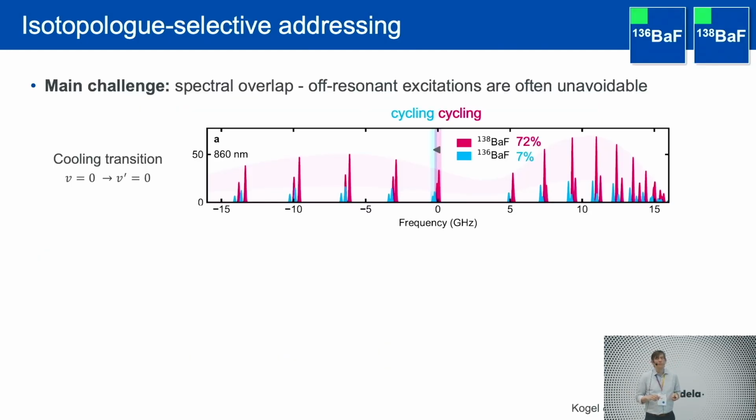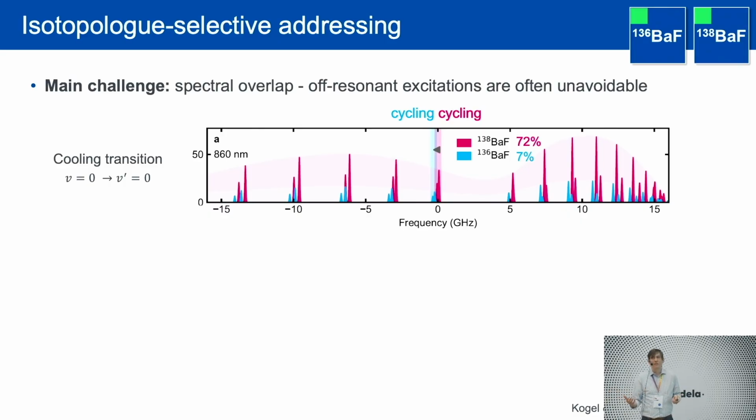And what is the problem? In general, these spectra are not sharp lines anymore, but they have all these extra transitions, all this hyperfine structure. And so neighboring isotopes usually overlap. So if I were to just put laser light on this transition here, which is the cooling transition for my rare isotope, I would see the photons of the more abundant isotope. So that doesn't work, right?